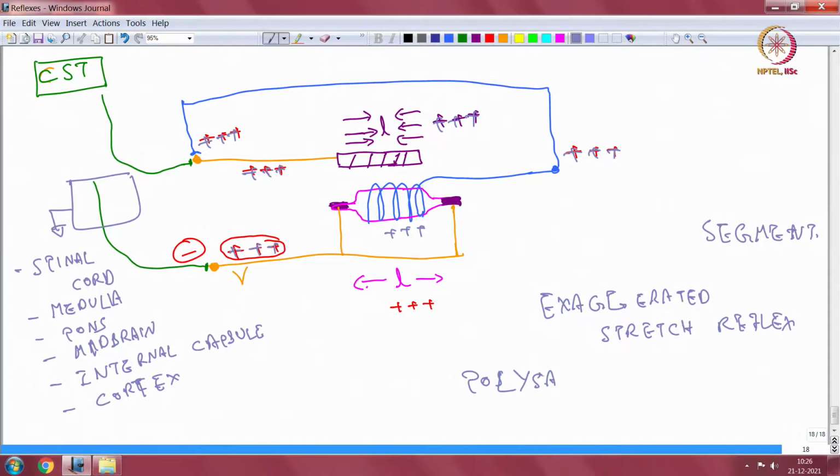So, polysynaptic network, where there are multiple synapses. So, multiple synapses are there within the network, and inevitably, even though we say it as monosynaptic, you can